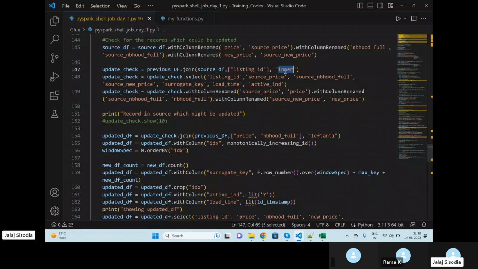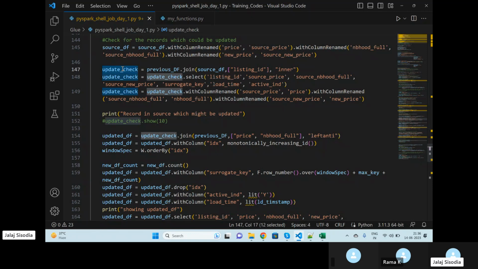And the column names in both of my source data frame and the previous data frame are actually the same. So I am simply converting my column names so there's no confusion in future. Okay, I am simply calling my price source price. I'm clearly indicating these are my source column names. Now, this is the thing we are doing: changing column names. We are preparing our data frame for our inner join. Okay, and then we have